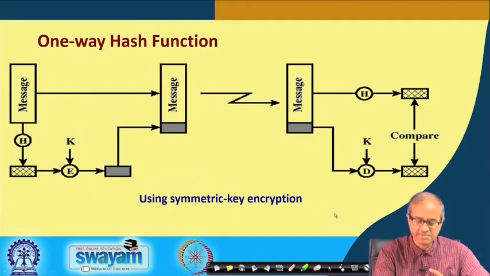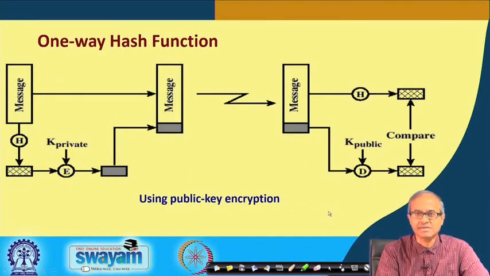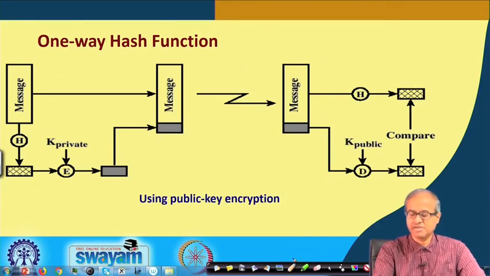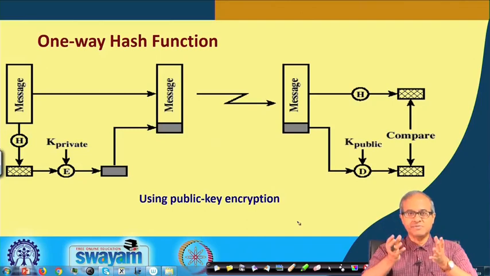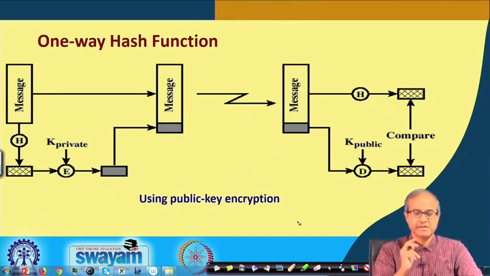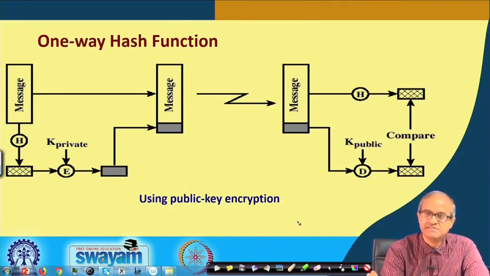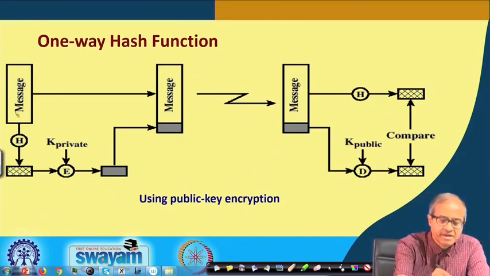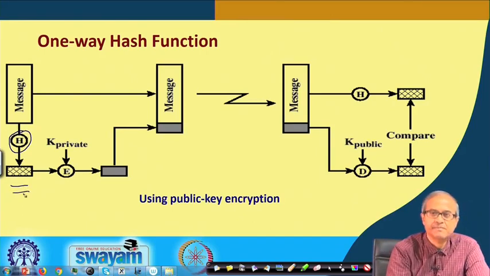Let us see if we can do a similar thing using public key encryption, because we had said earlier that one drawback of symmetric encryption was that both parties must share the same key. So the key must be sent to the other party through some means; that is an initial step. The one-way hash function is very similar here. With the message you again apply the hash function and get the hash digest.